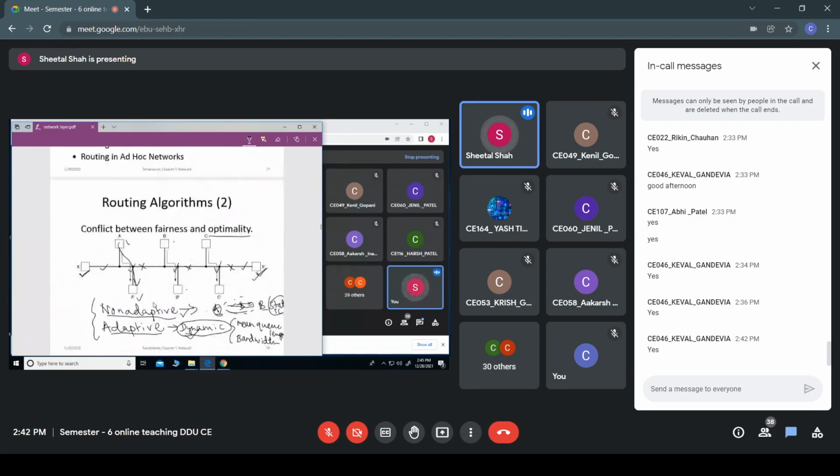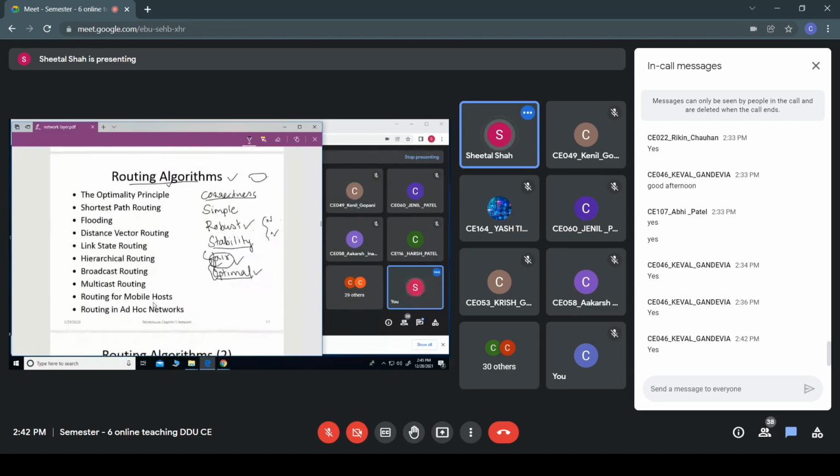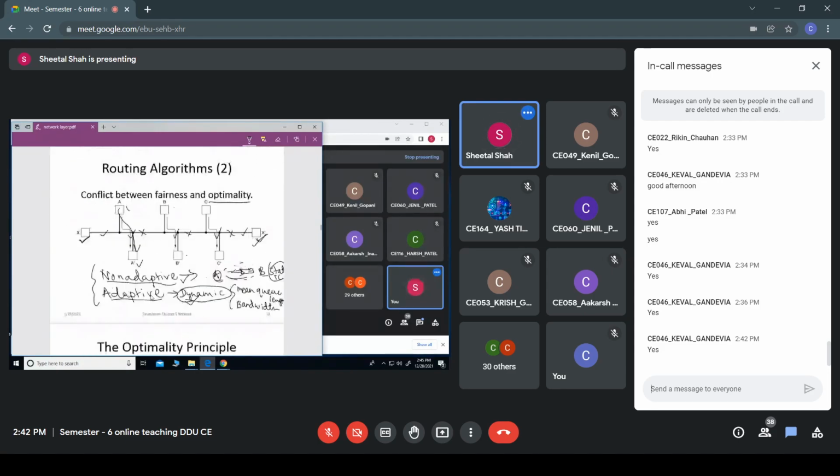So one such routing algorithm, the very first one we are studying, is the optimality principle.